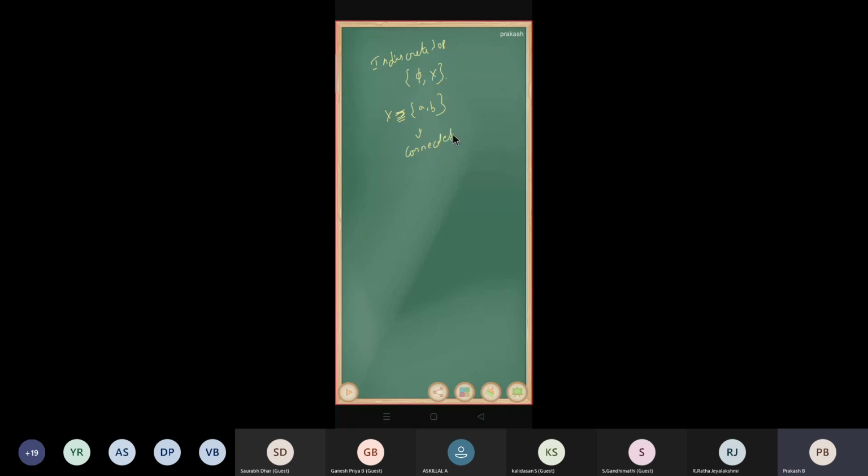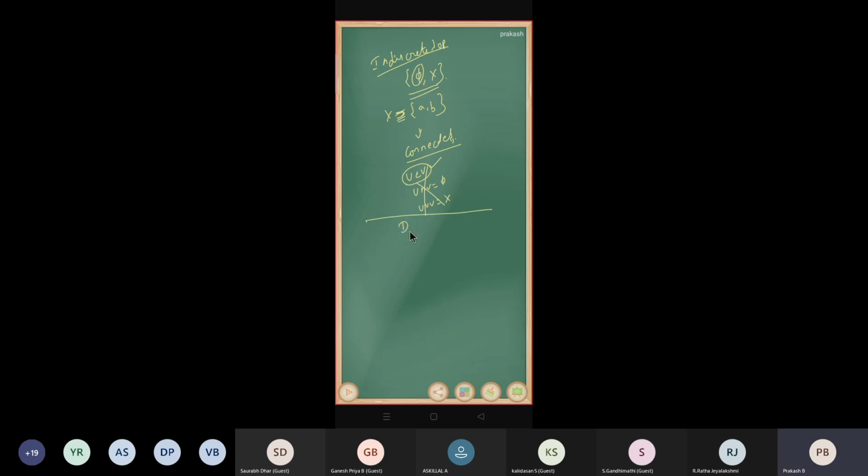Because you cannot find two open sets U and B having certain conditions, that is U intersection B is equal to empty and U union B is equal to capital X, right? Because here we have only two open sets, and one is the empty set, but we want U and B to be non-empty open sets, right? So we have only one non-empty open set, so you cannot take a pair. Therefore there is no separation, therefore it is connected. So an indiscrete topology is always a connected space, right?